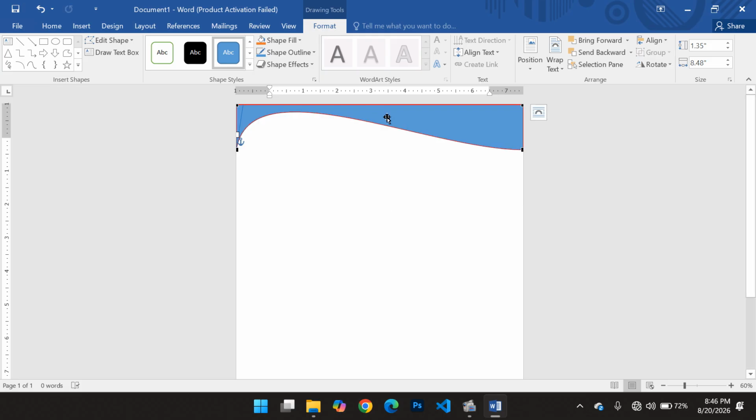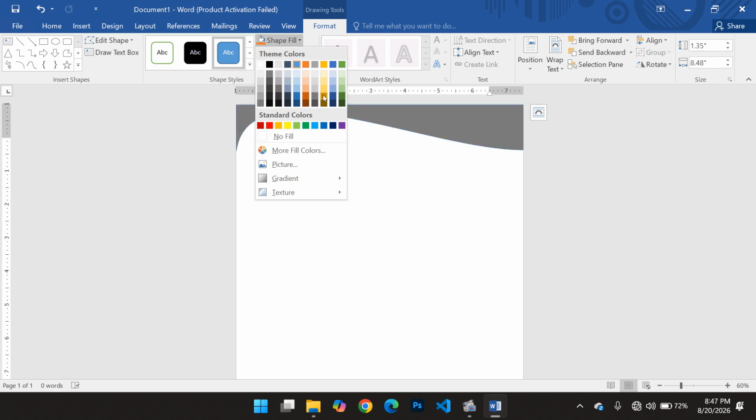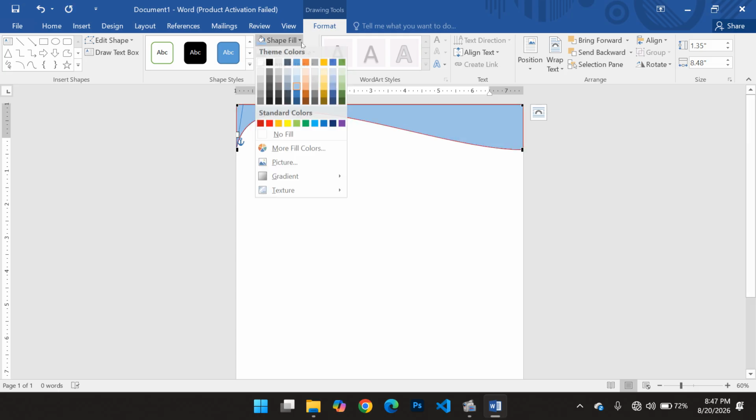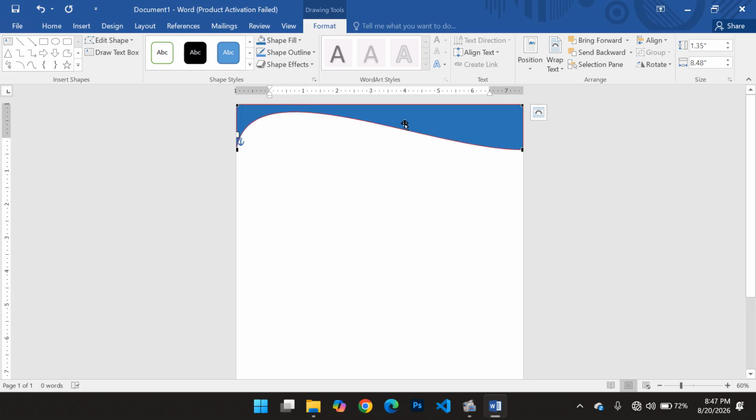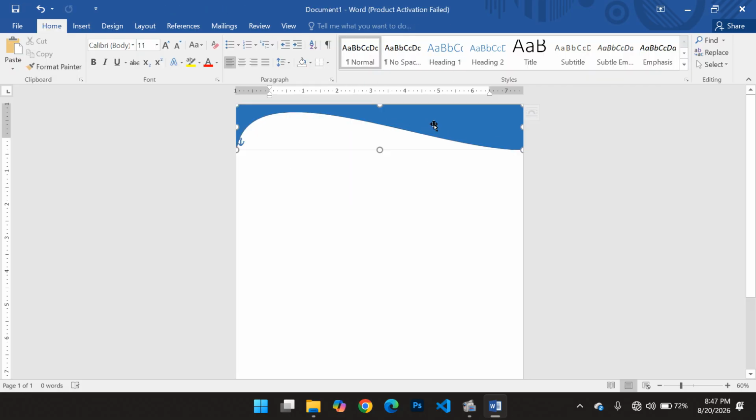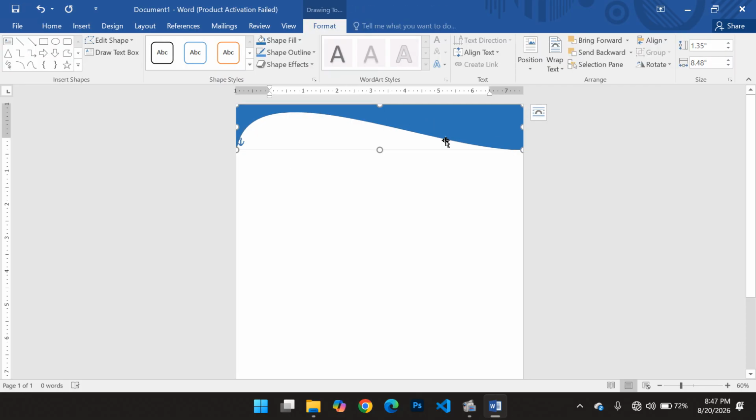Then you are going to change the color. Still we are here in format. Then click on shape fill, then choose any color you want. Let me use this one. Okay, like this. Then you are going to make a duplicate of this